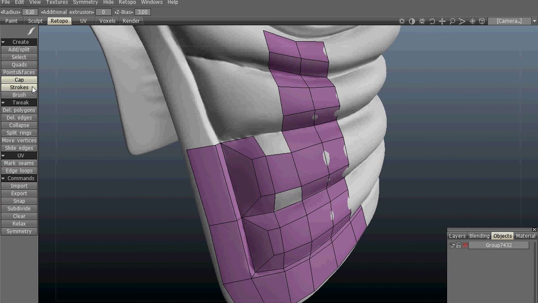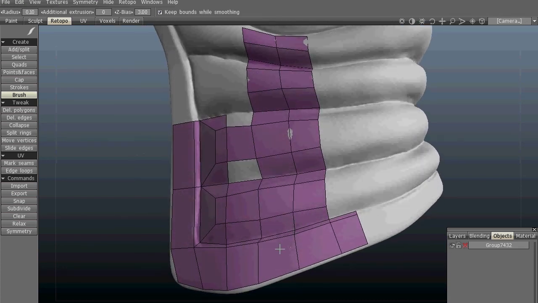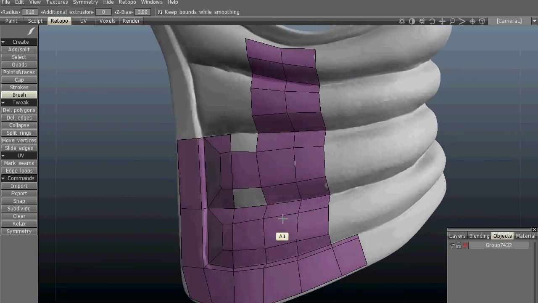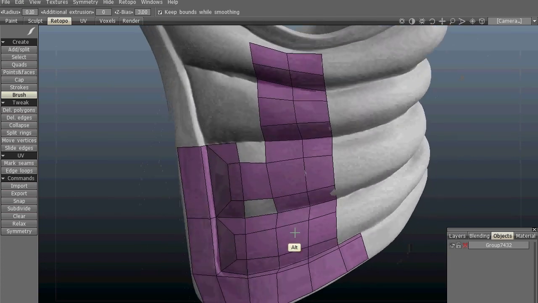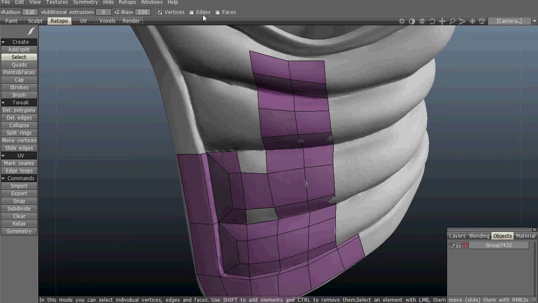Why am I using 3dCoat? Well, initially I wanted to try doing everything with Maya, right? But what I found about Maya is, well, you can do it in Maya. Maya has some plugins you can download off of the internet for retopologizing stuff. However, I just found that there were other applications